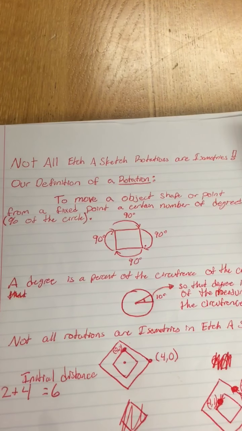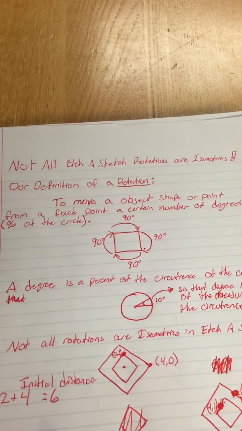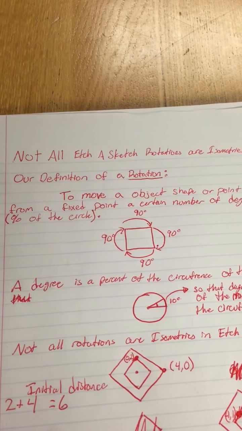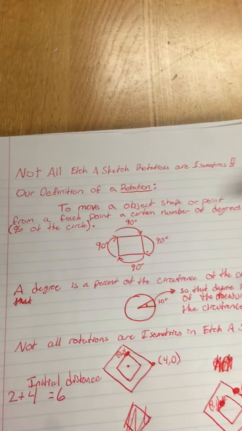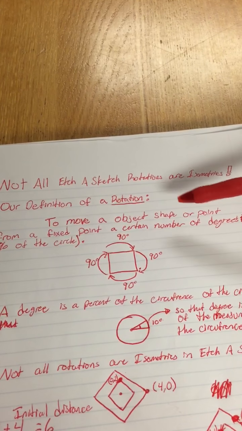This is all about how not all Etch-a-Sketch rotations are isometries. So the first thing that we need to look at is our definition of a rotation. Our definition of a rotation that we came to include is that it is to move an object, a